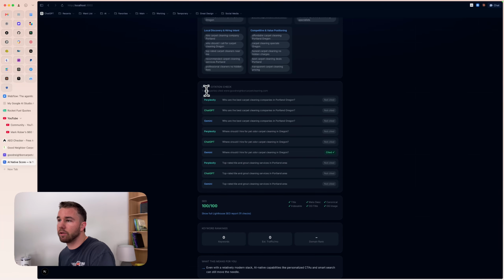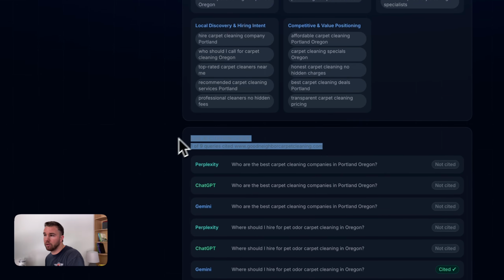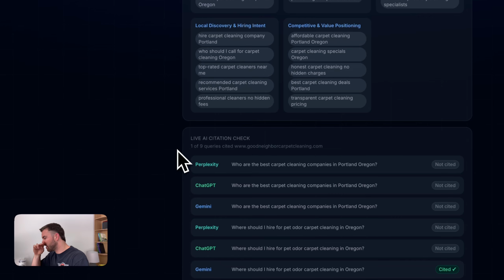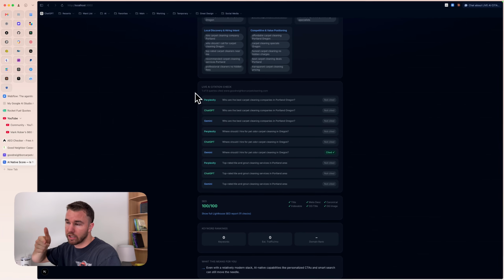For this in particular, I wanted to do a live AI citation check. Perplexity, ChatGPT, Gemini all allow web search through their APIs. I don't think Claude does right now. And so if you get the API key for each of those three platforms, plug this into,